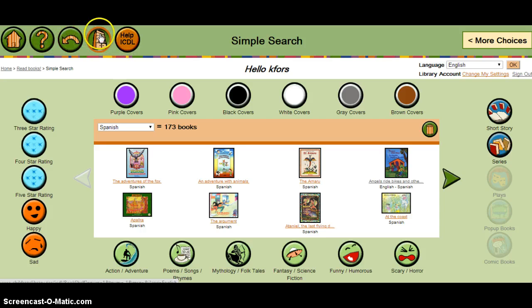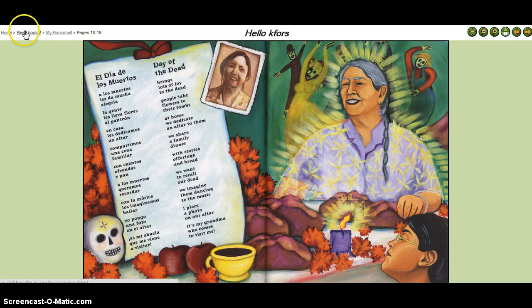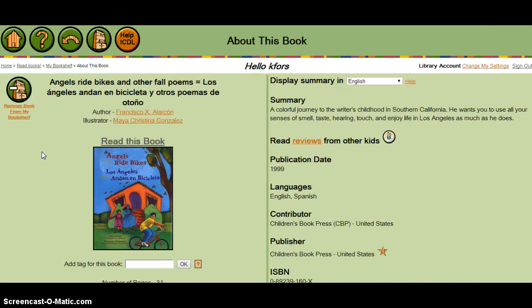So up here I will click on this bookshelf, and here are some books I've selected that are available in bilingual text, English and Spanish. So for my example, I'm going to show you this one called Angels Ride Bikes and Other Fall Poems. I'm going to go back to my bookshelf and go to preview, because when you open the book originally, this is what you'll see. And you'll see basically a summary description of the book. And then if you click on read this book,